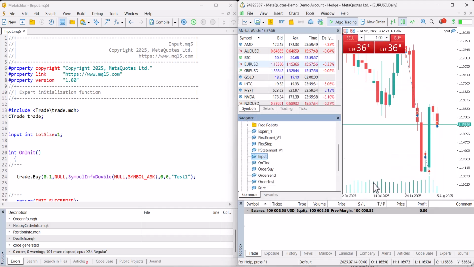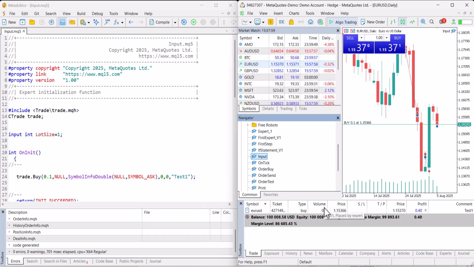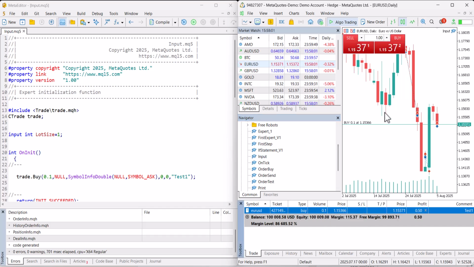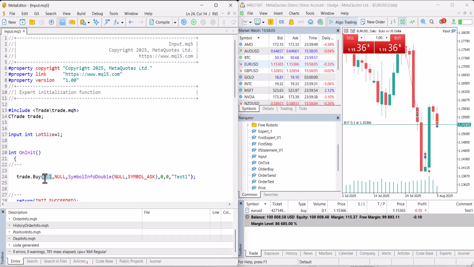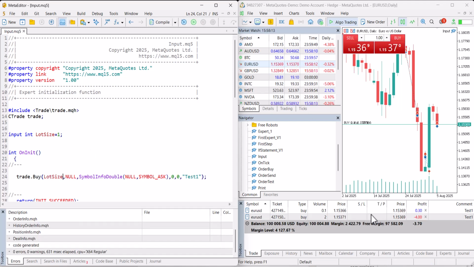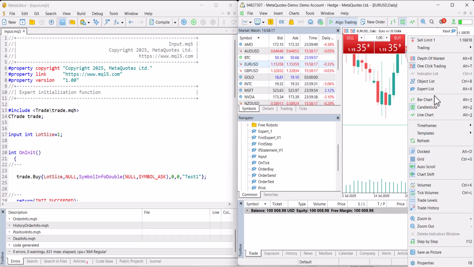After I say OK, it didn't open the lot size that we defined, because here the definition is still 0.1. I get this one here and compile again. You see, this time it opened 2 lot. Okay, let's try again. I remove